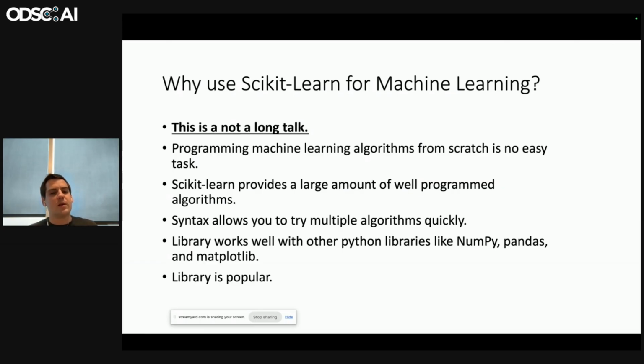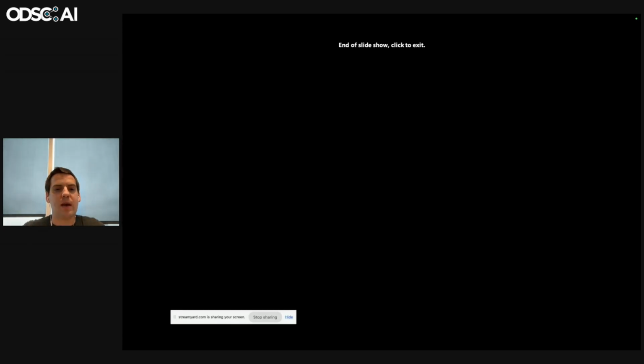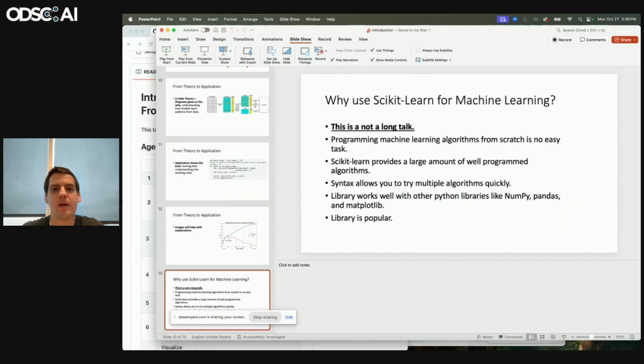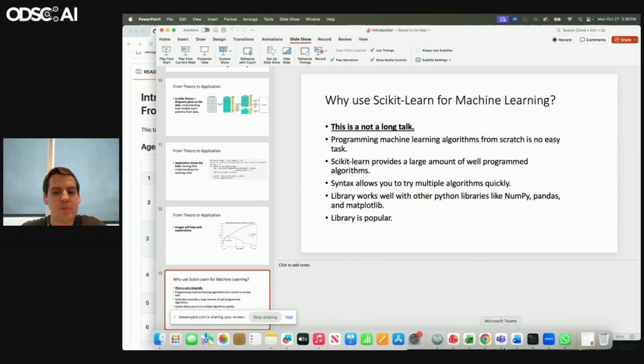And finally, we use Scikit-learn because it plays well with other libraries, NumPy, Pandas, Matplotlib. And finally, because the library is popular, hopefully it's useful in the job market. Hopefully it's useful with getting help when you need help. And additionally, one thing I want to emphasize as we go forward here is that if something's popular,